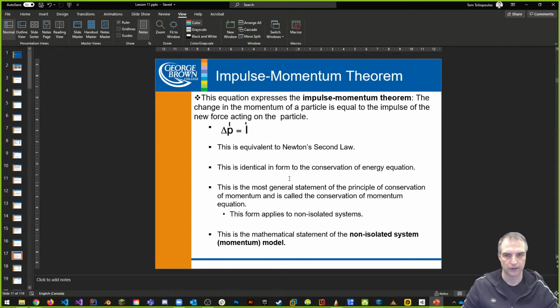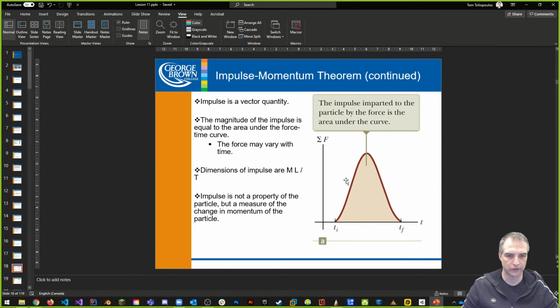Right, so let's see if we can get that area. Here's the force-time curve, as an example. It shows the amount of force being applied over a length of time, and depending on how much force is put in, we can get an instantaneous amount of force at a particular time. That instantaneous value would be the derivative, but we want to find the area, the total force that's been used over the total time. We need to take the integral of this, and this is called the impulse.